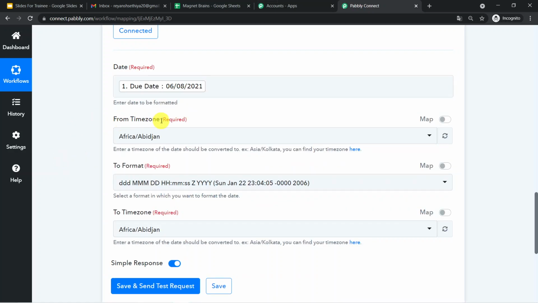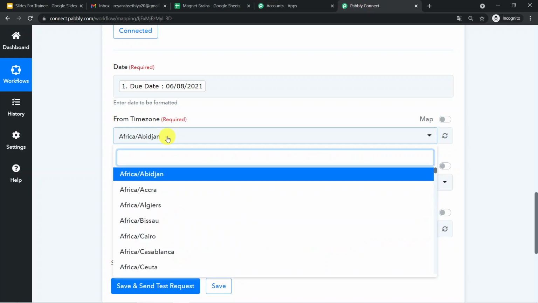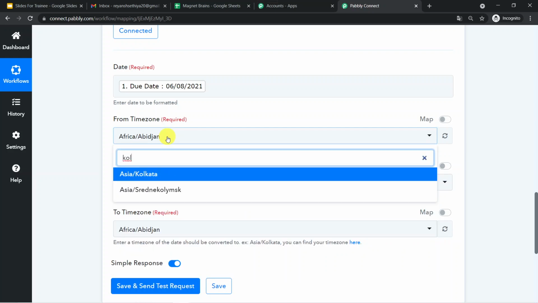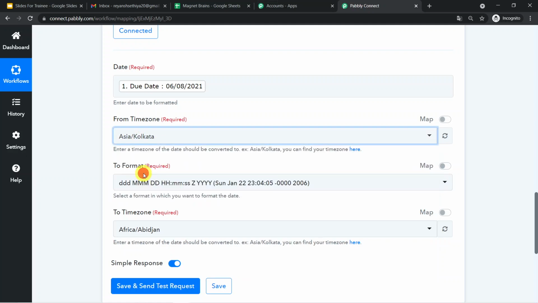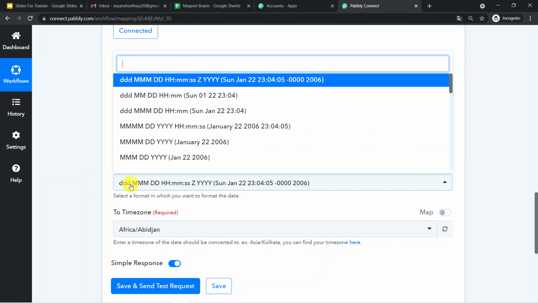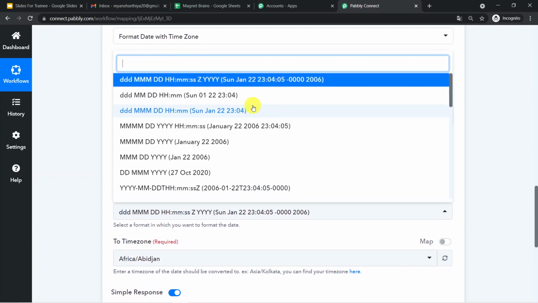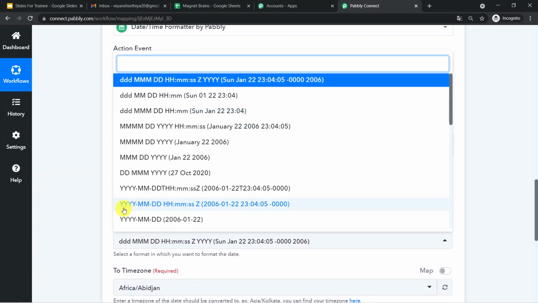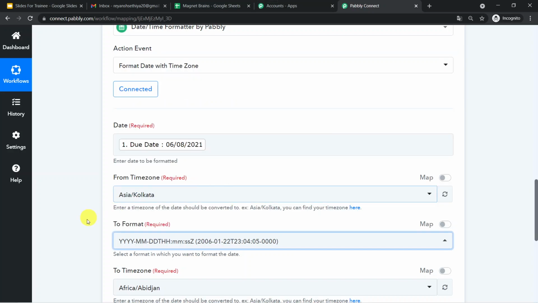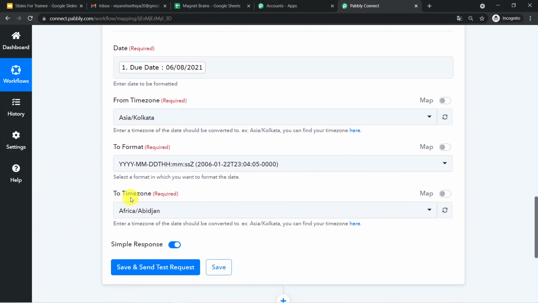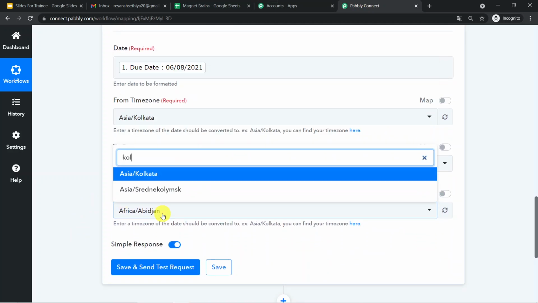As we are in India, I am selecting that time zone. You can select the time zone as per your country. Now in the format, we have to select the date as well as the time zones. So let us search for the correct format. Yes, it is year, month, date, and time zones are minutes, seconds, and this format we need to select. I am selecting this one. Now again I am selecting to time zone as Kolkata, Asia.